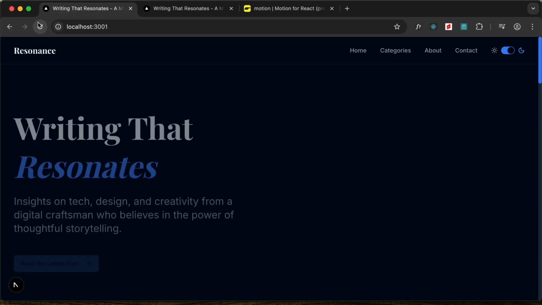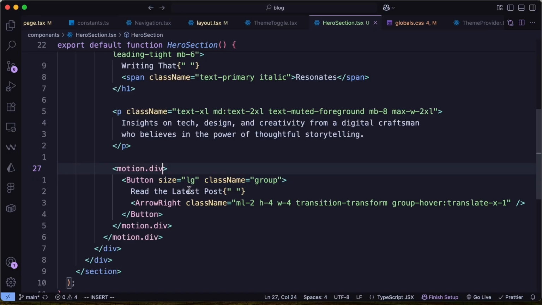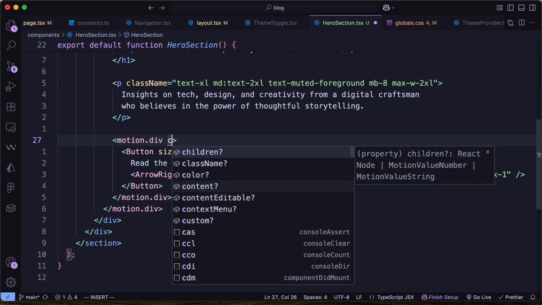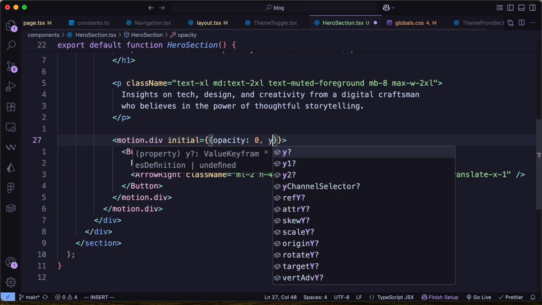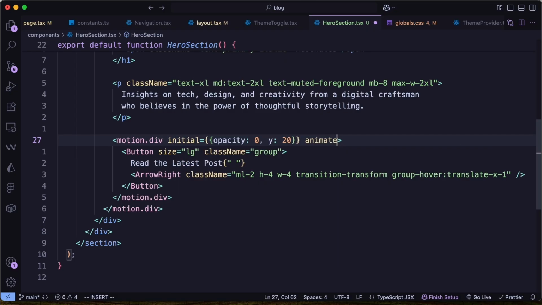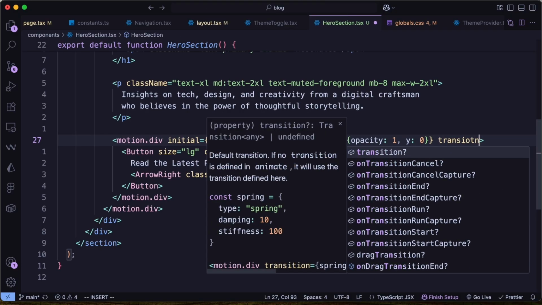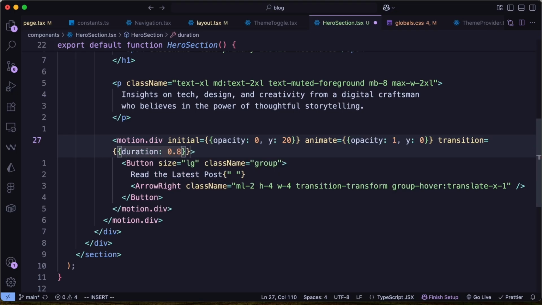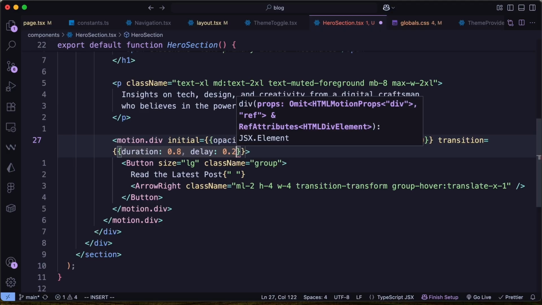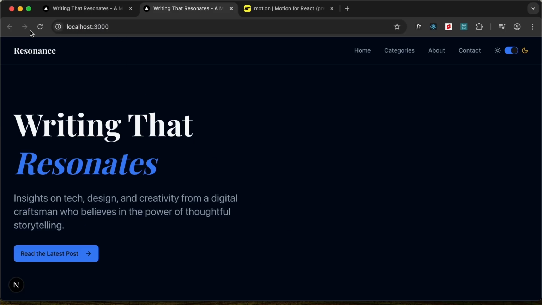And for the button, we can see that we have a little bit of different animation. So let's do that over here for the Motion.dev for the button. Here, let's go ahead and type initial. Let's set the initial value to opacity 0, Y of 20, and animate. Let's set it to opacity 1, Y of 0, and we need to change the transition. So let's type transition. Let's set it to duration of 0.8, and we need to add a delay. So let's type delay. Let's set it to 0.2. So now if we go back and if I reload this page, we can see we have the correct animation